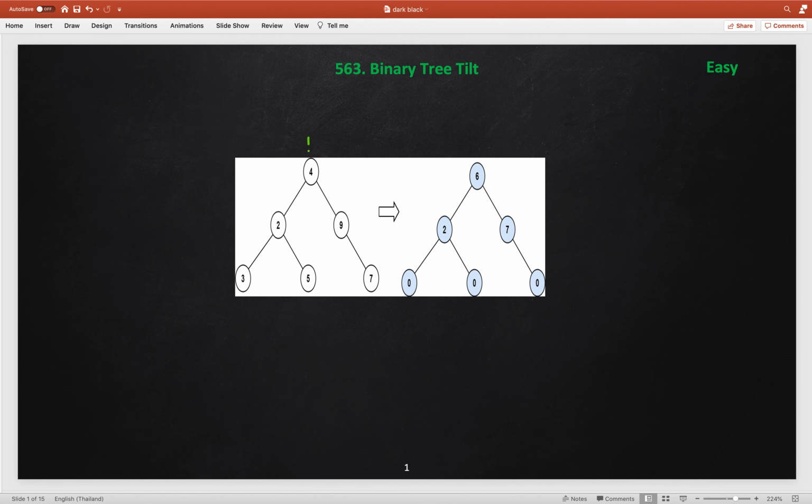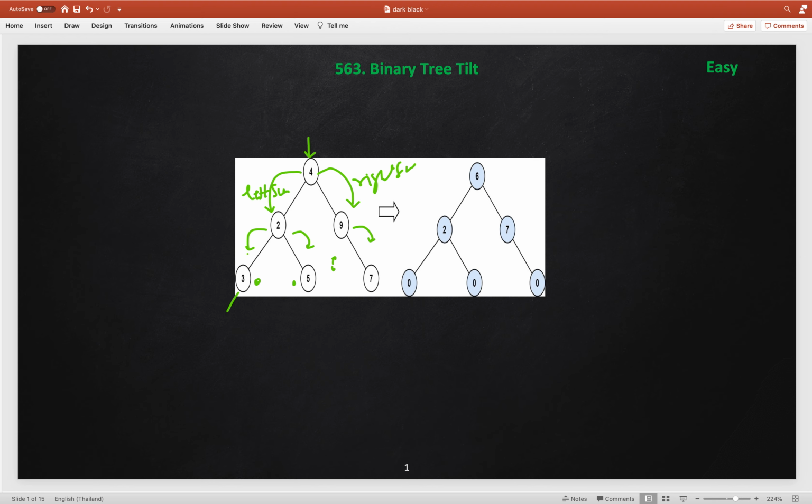First we will get this node, and we have to construct the tilt of this node. For this we should know the sum of the left subtree and the sum of the right subtree, all nodes. So we will call left, and here we will get the left sum, and from right we will get the right sum. Similarly here we will call again, and here as well, and from here we will get 0 for the left, there is no left of 9. From here there is no node, these are leaf nodes, so this will become 0. Similarly this will become 0.